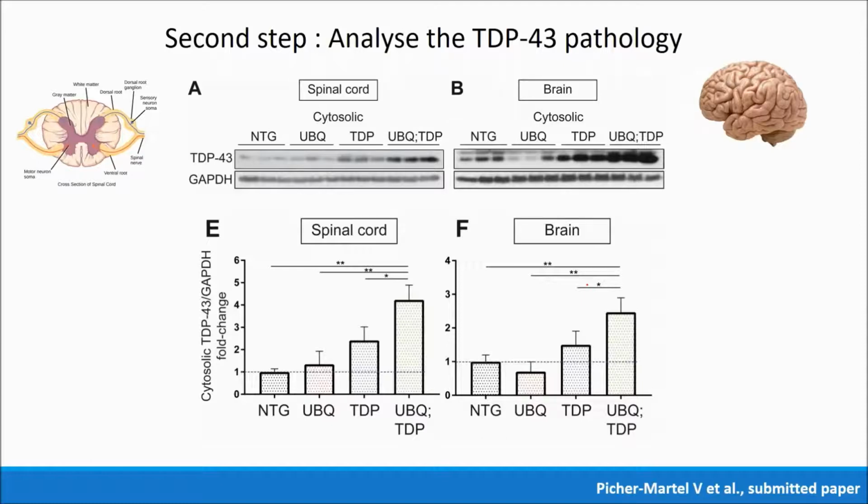So again, the second step was to analyze the TDP-43 pathology. So we have to be sure that we have an inclusions pathology. So we took the spinal cord and the brain, and we are able to extract the protein from the cytosol and the nucleus. So like I said, the pathology is normally in the cytosol, so we observe an increase in the level of TDP-43 in the cytosol. You can see here that the bands are more intense than in the other groups. So we observe an increased TDP-43 in both spinal cord and brain, like we observed here, and this is significant